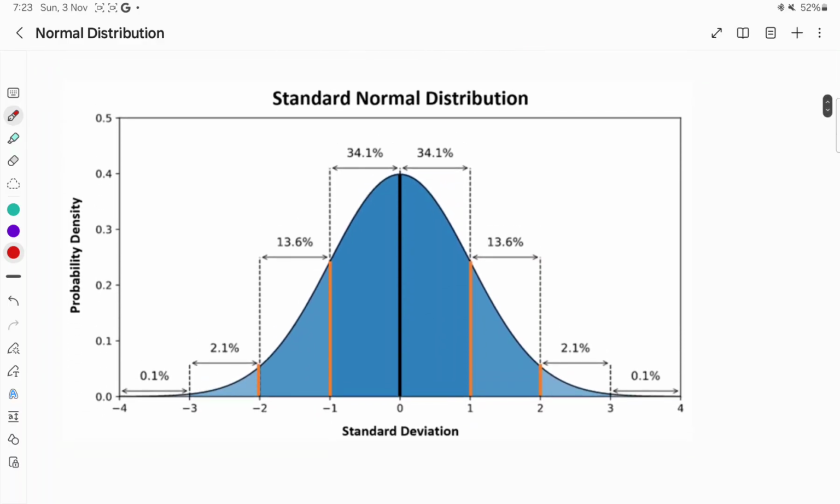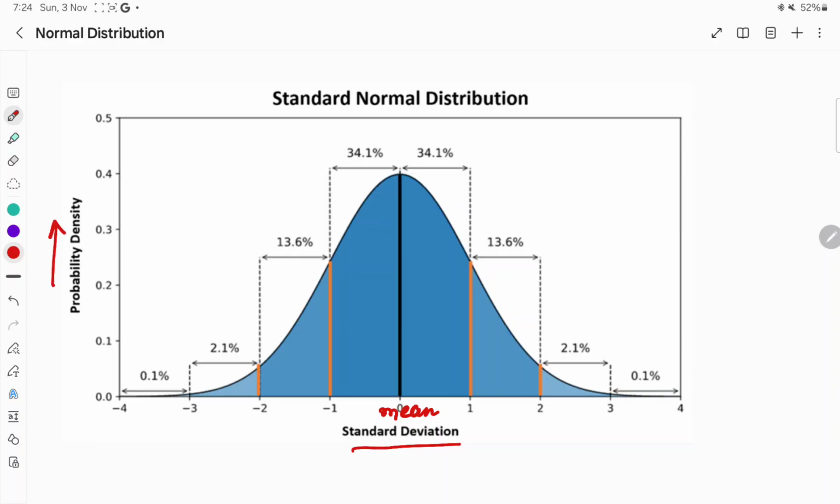And normal distribution is something where the data varies and the data is distributed around the mean. And if you plot a curve or graph between standard deviation and the probability density, then we